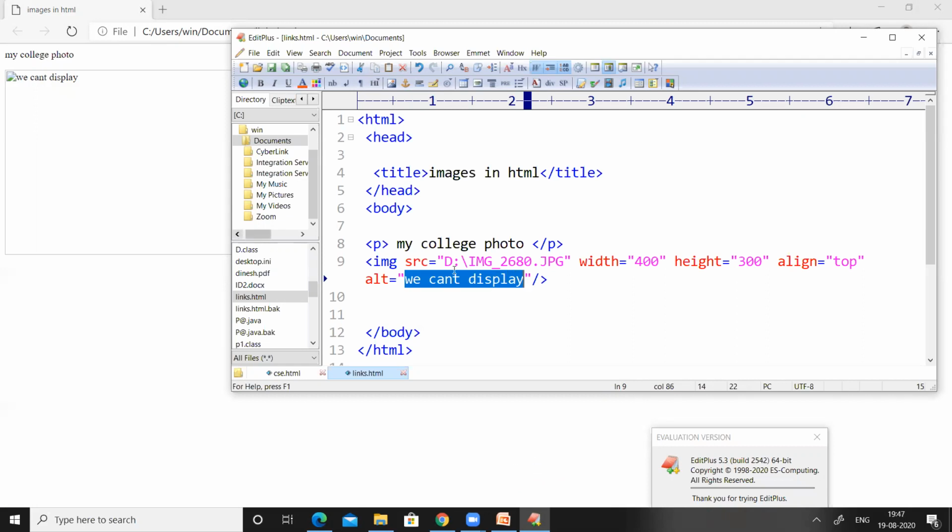In case the image tag is able to display the image, it will display that image. If the image tag fails to display the image, in case of a wrong path name, a wrong image name or permission denied, in such cases it will display the message which was given in the alt attribute.